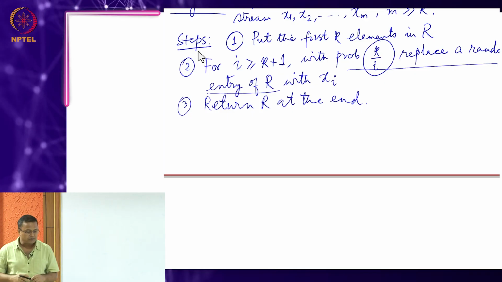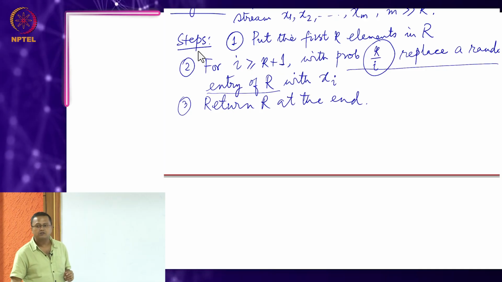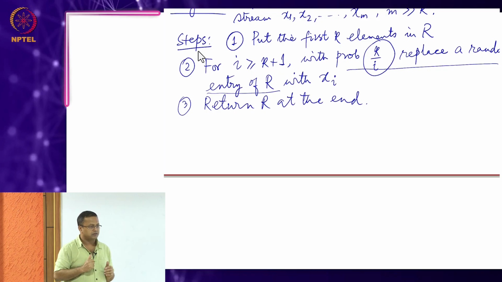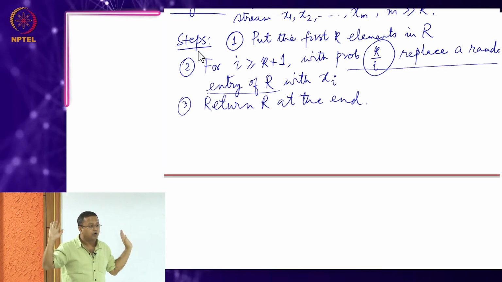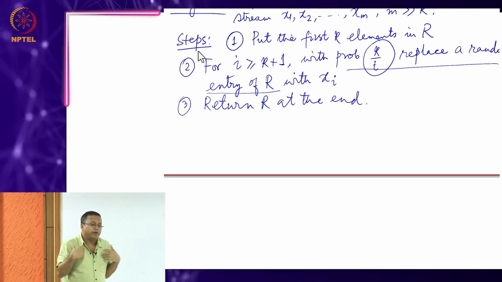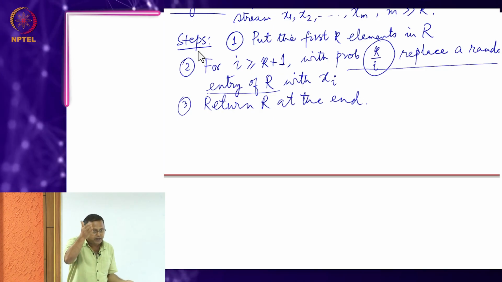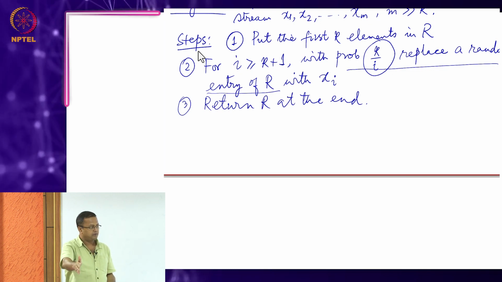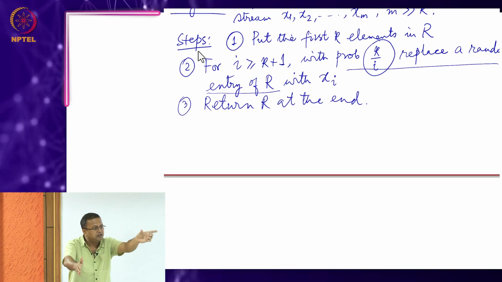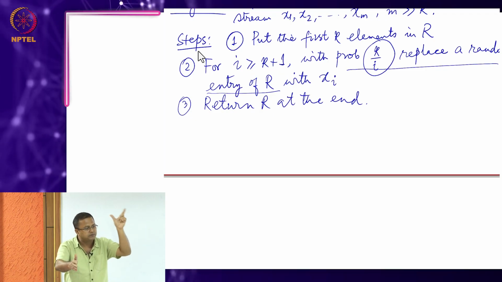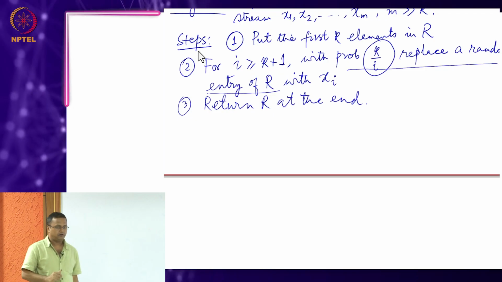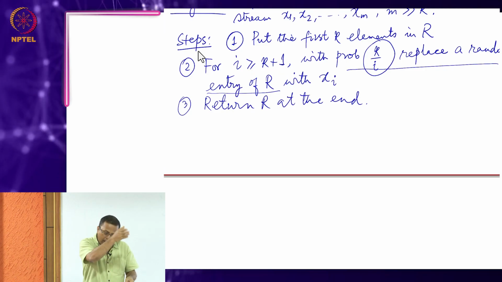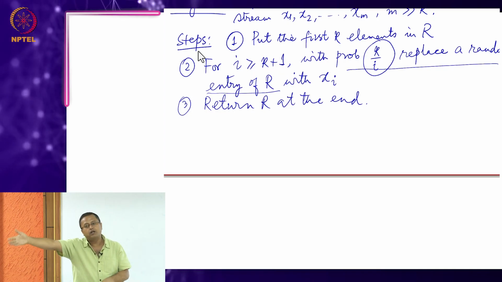Okay. Now, how do I prove this result? Because see, I do not know the end, but somewhere down the line you will say that all packets have gone. So, the best bet of proving this is I will maintain an invariant that at every step whatever is there in the reservoir is a uniformly random sample. So, if I can force this invariance at every step of the algorithm, then it should hold at the end as well,